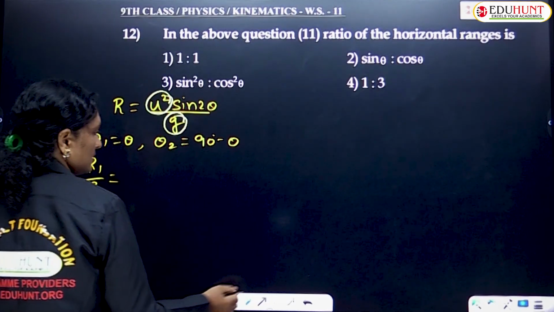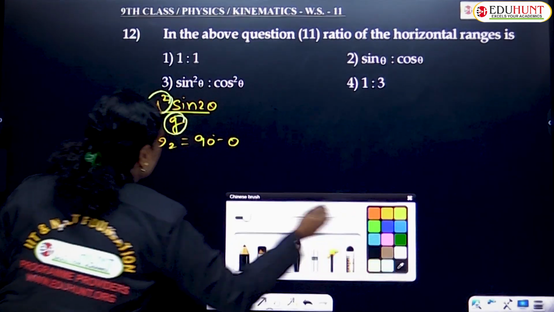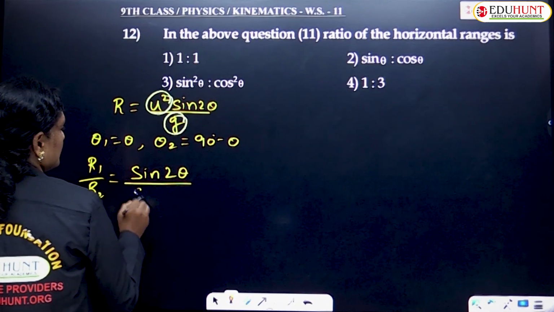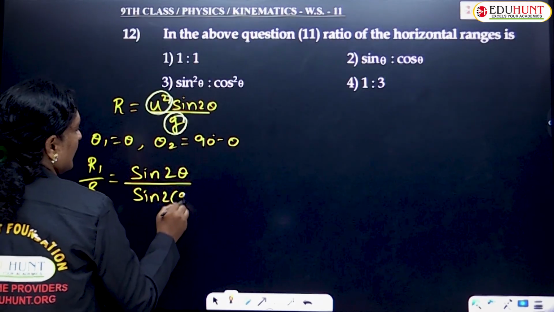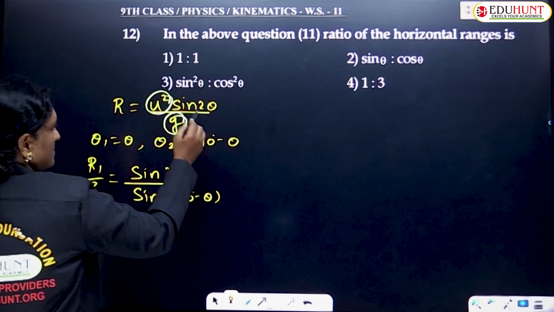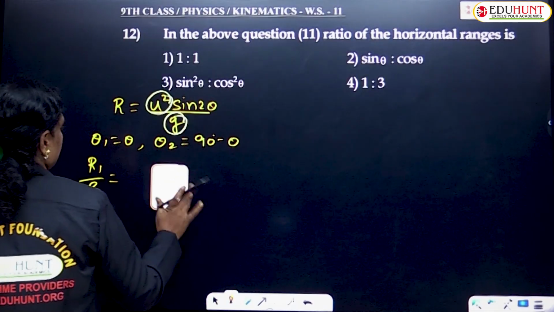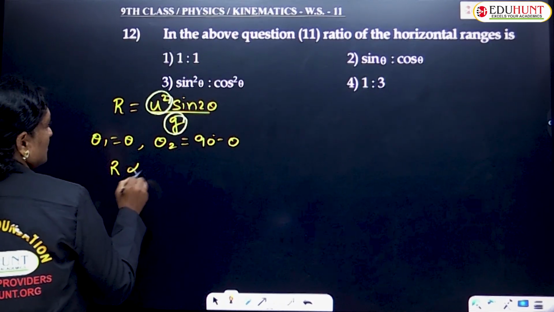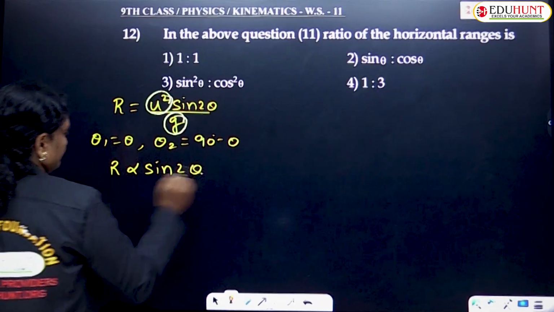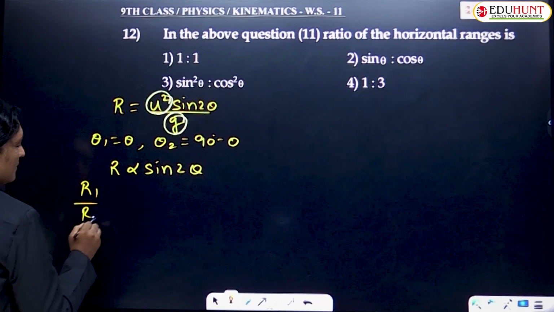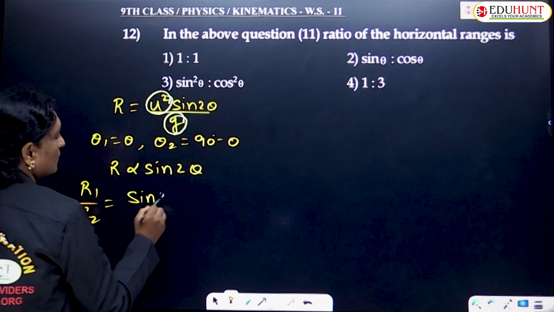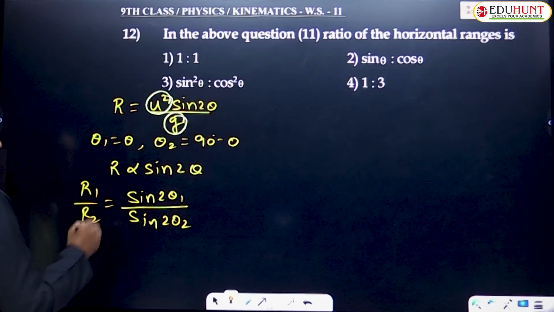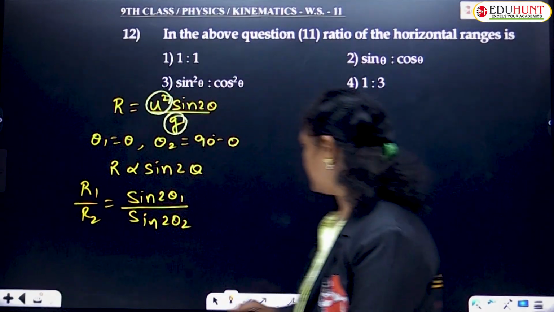Hence R1 by R2 will become sine 2 theta by sine 2 into 90 minus theta. So clearly R is proportional to sine 2 theta. R1 by R2 is equal to sine 2 theta 1 by sine 2 theta 2. So replacing the values,